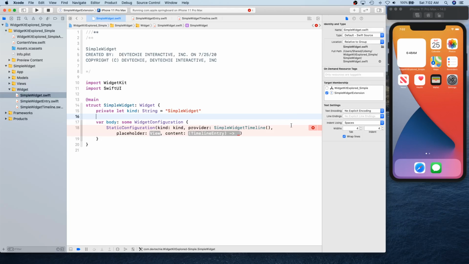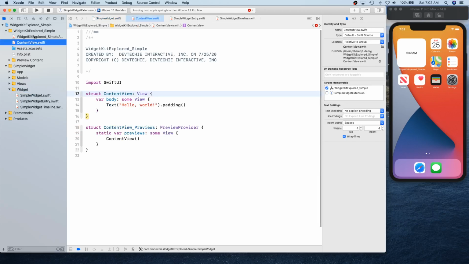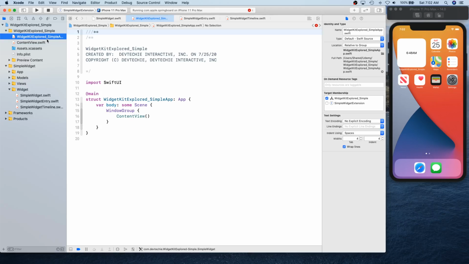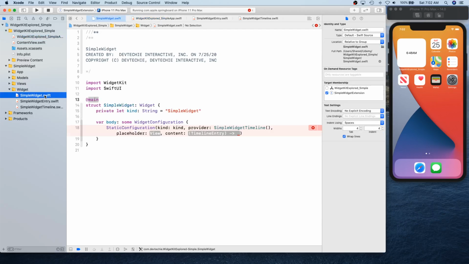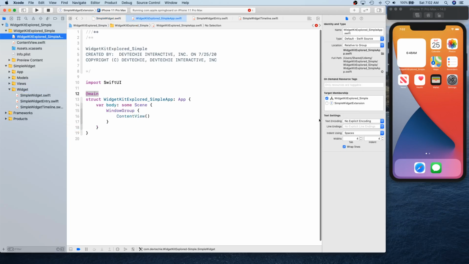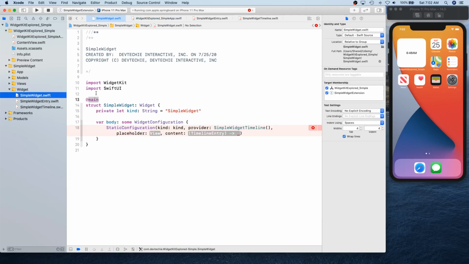One thing you need to keep in mind is that you have this file that has @main in it, and you have the simple app file in the new project, which is also decorated with @main. These two cannot coexist, so the main entry files cannot have target membership for both.